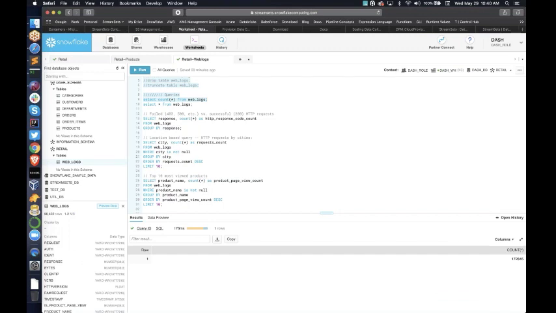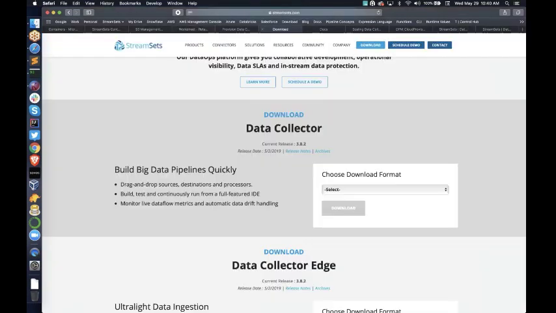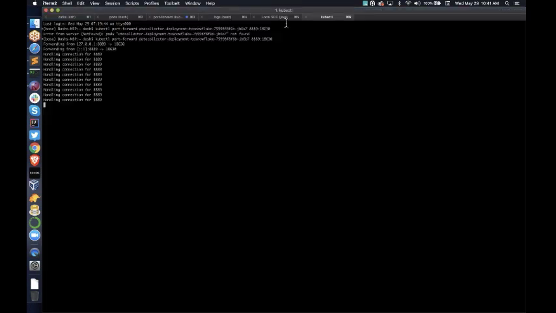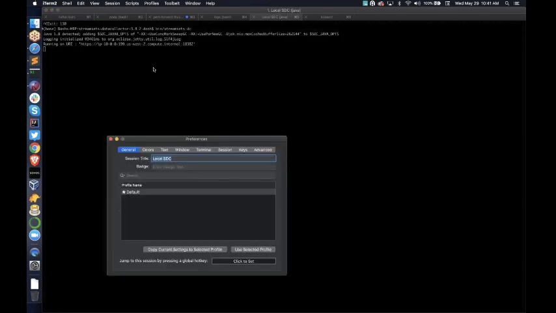Okay, cool. So one thing I want to note also is that data collector itself is open source and can be downloaded by visiting this page. And it can be installed independently and then optionally registered with Control Hub to take advantage of managing hundreds of pipelines, scaling on Azure or Google Cloud, data protection, etc. So just want to quickly show you, I have a data collector instance running locally